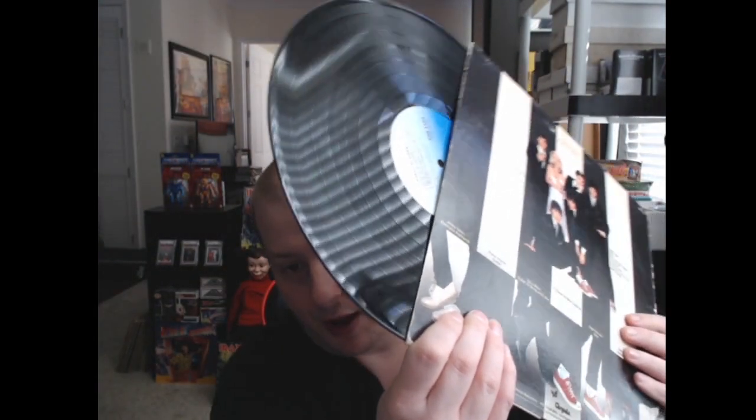And you got to check the condition. Make sure that it's not scratched up, and this one's in pretty good shape. You want to look at it in a bright light. I have a desk lamp right here, and I have the lamp that you guys see me using for grading cards, but that lamp is not